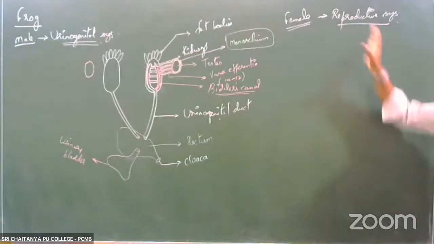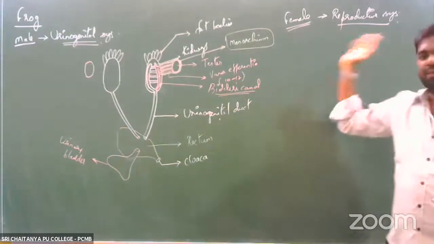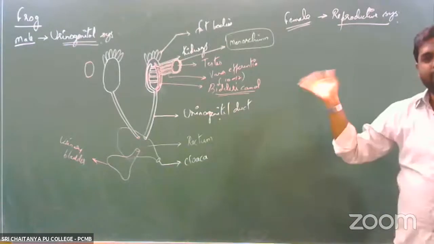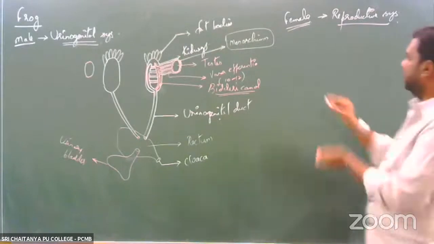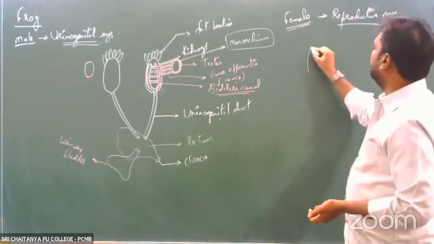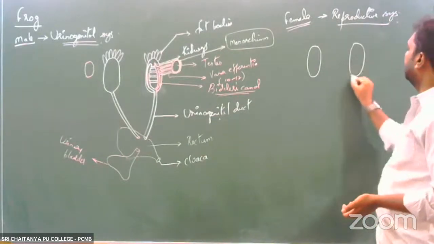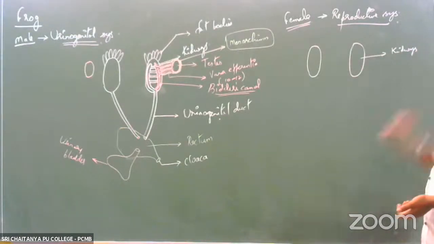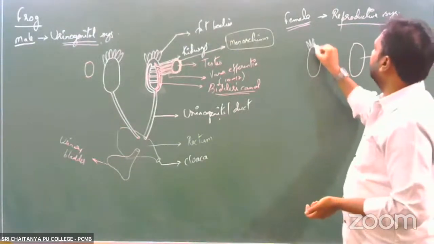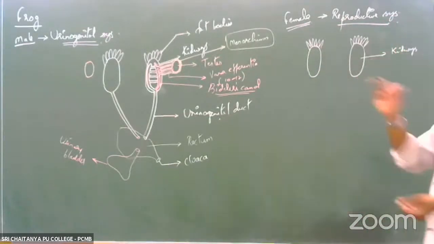Again, whenever we talk about the reproductive system in case of female frog, we usually talk about the kidneys first, because the primary sex organs in case of females are nothing but ovaries. So ovaries are actually situated, or they are located right on top of the kidneys. So let us draw the kidneys first. So this would be the pair of kidneys, what is actually present in these organisms. On top of the kidneys, we know that there are these fat bodies that are present. We have already seen this.